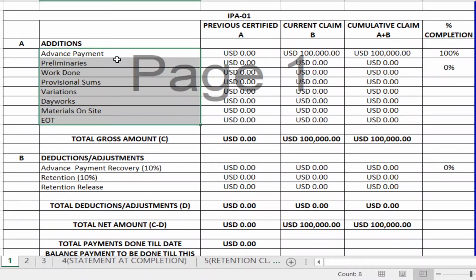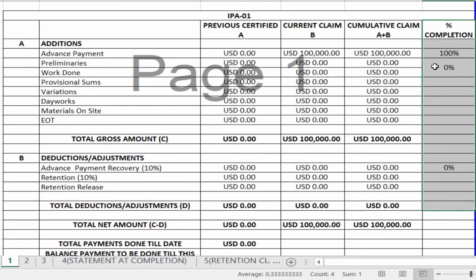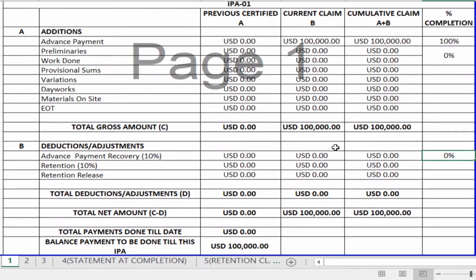I think I have included all the subsections that can come under a construction project. If I missed out something, please do let me know in the comment section. You have the three columns which I mentioned earlier, the previous certified, the current claim, and the cumulative work done. There is one more column which I've added just to get an idea of the percentage of how much work is completed and the percentage of the advance recovery done till now.